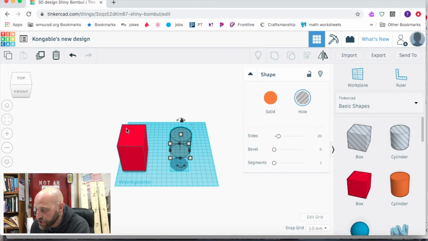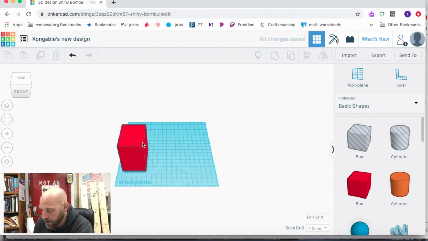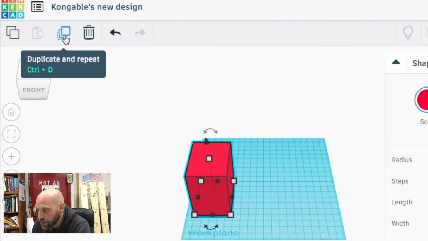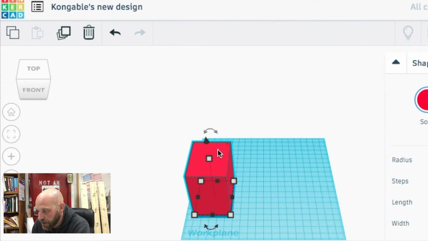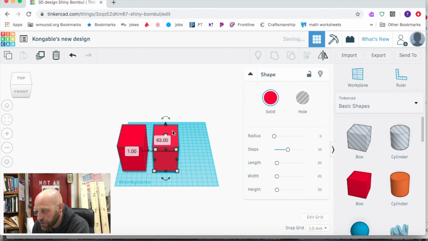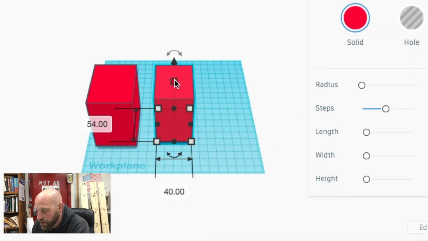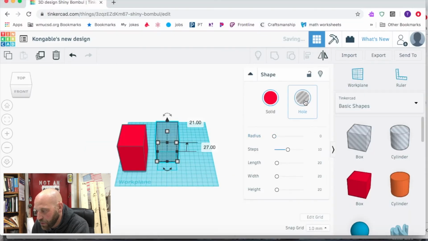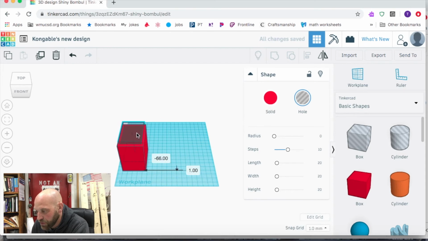Maybe I want an object just like this one, only a little bit smaller. So I'm going to click on my cylinder, hit delete, get rid of that, click on my rectangle, and go up here and duplicate. Make it a duplicate. Well, where'd it go? There should be 2. Well, it's right on top. So you just move it over, and now I have 2. And so if I want to shrink it just a little bit, move it down just a little bit, move it up, make it a hole, move it over,